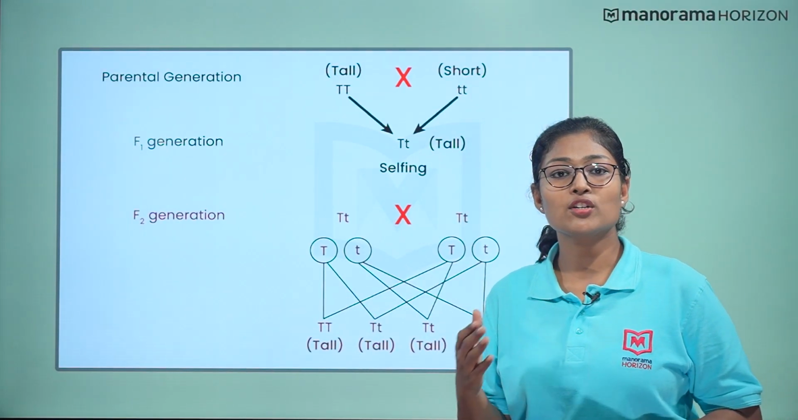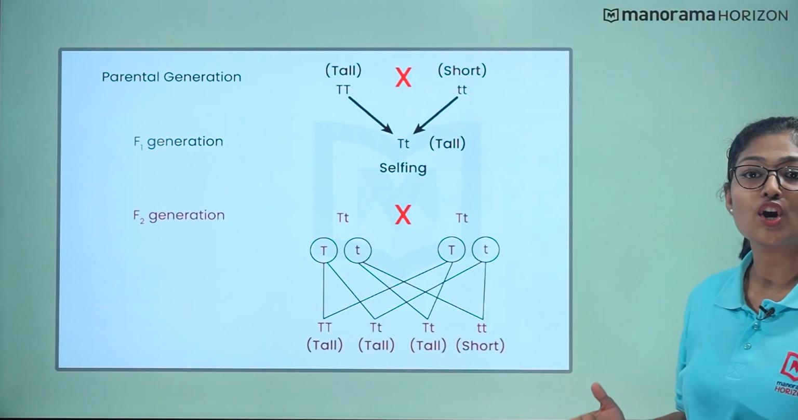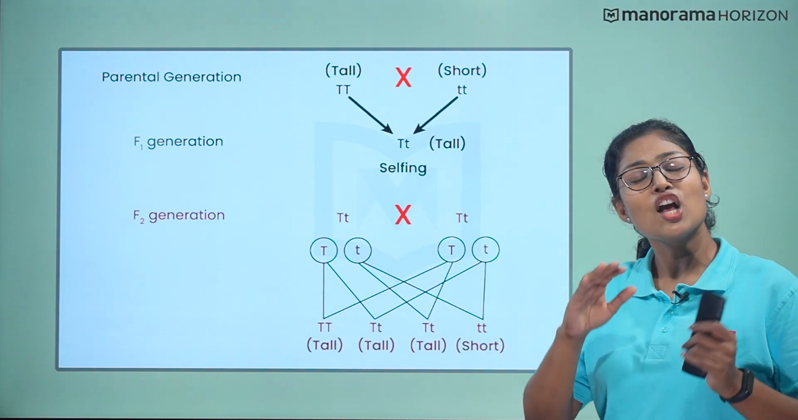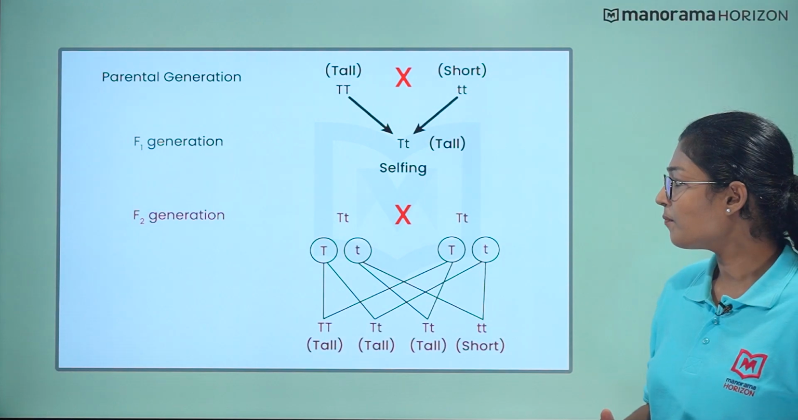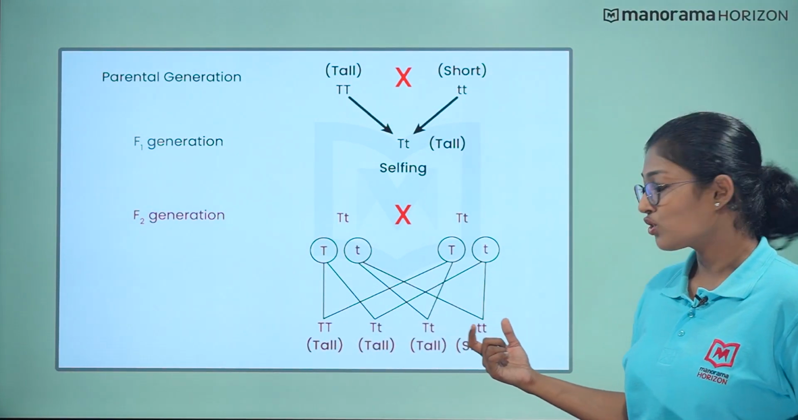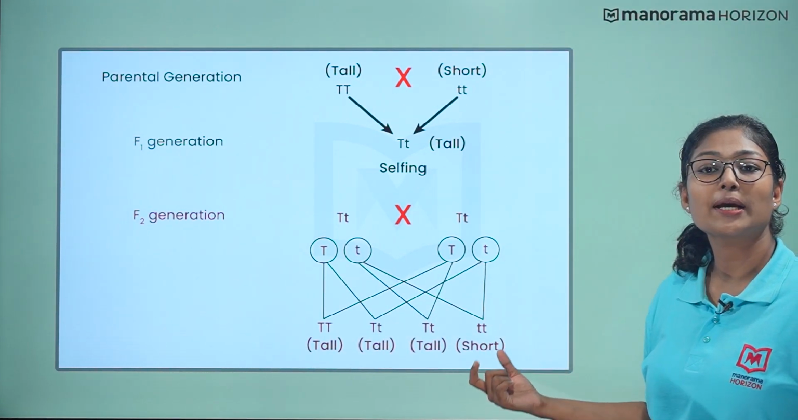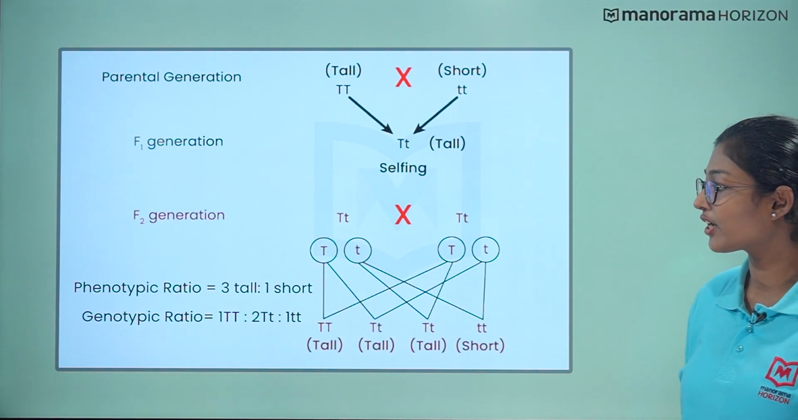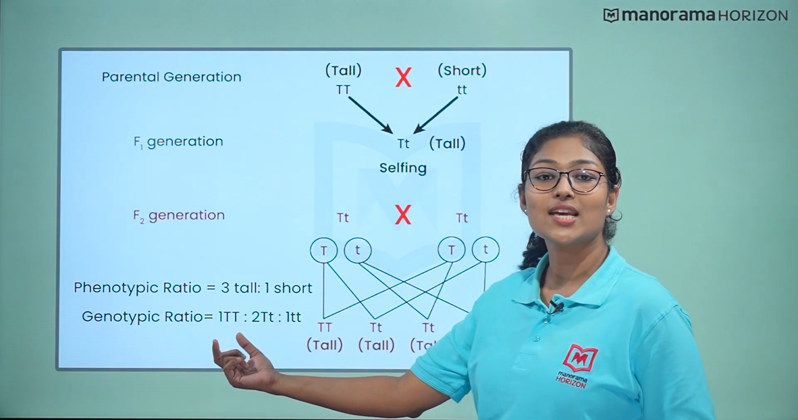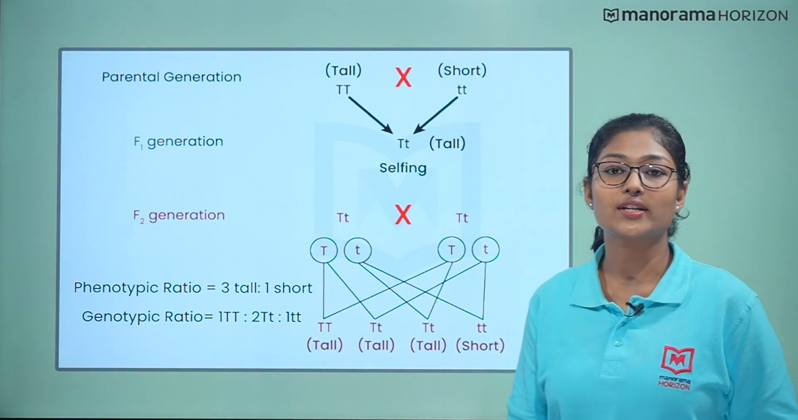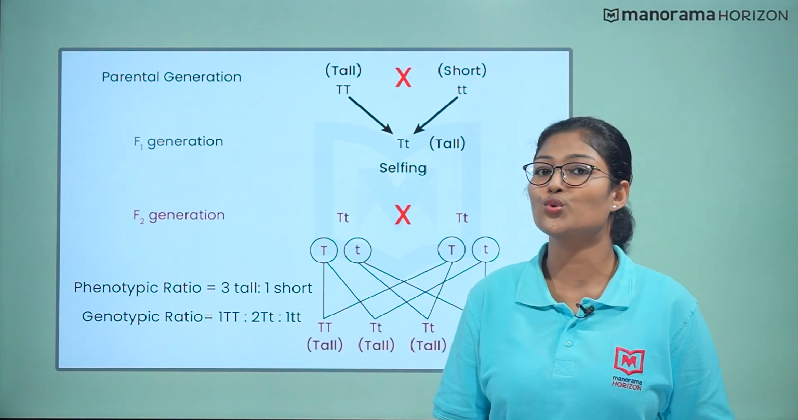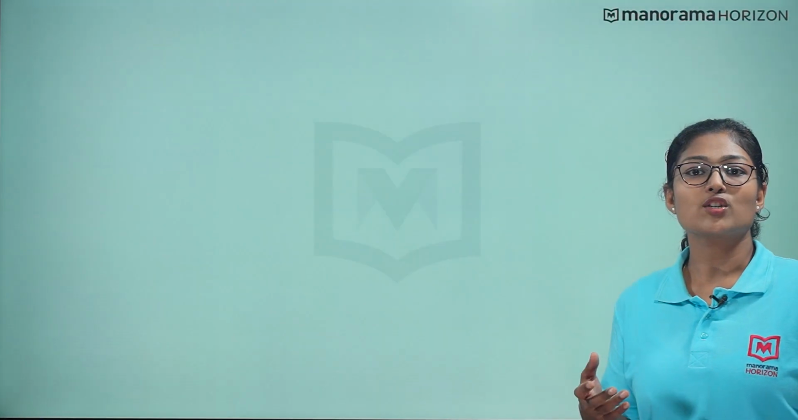So the monohybrid cross between the tall and short pea plants can be shown using combination of alphabets as genotypes. Here 3 tall is to 1 short is the phenotypic ratio and the genotypic ratio is 1 capital TT is to 2 capital T small t is to 1 small tt, that is 1 is to 2 is to 1. Now that you have studied the monohybrid cross, is it possible to use the organism with